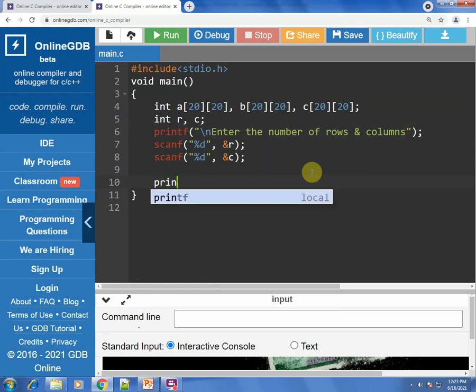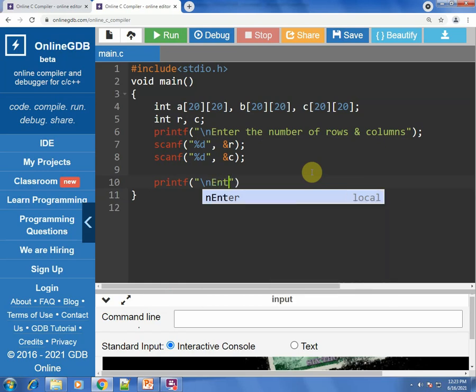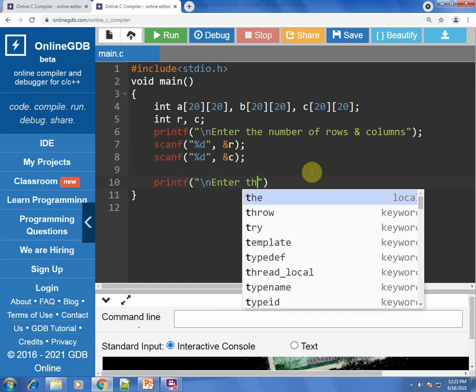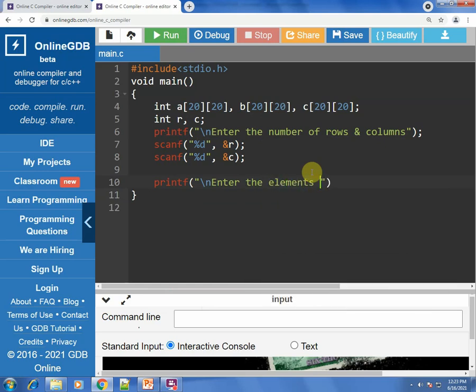Okay, so the next statement would be to enter the elements of the first matrix. In my example, the first matrix is named matrix A. Alright, so this is the printf statement.